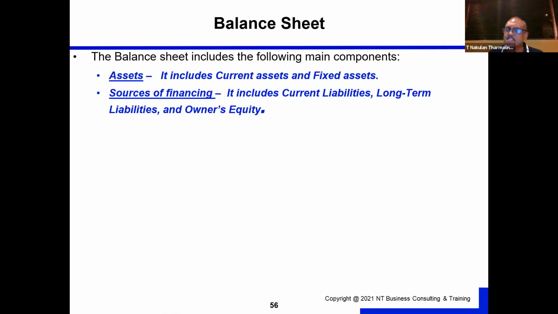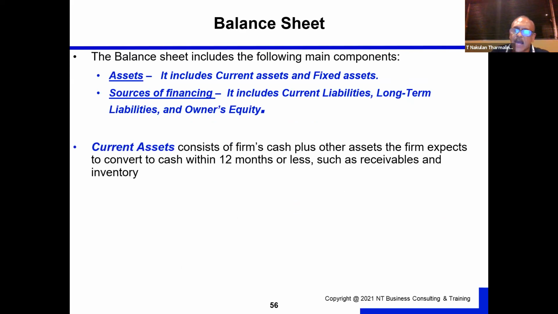So what are the assets you'll have in your balance sheet? Current assets and fixed assets. We'll be looking at what current assets and fixed assets are. And what are the sources of funding? Current liabilities, long-term liabilities, or owner's equity, which is your capital, right? So assets are being funded by these three items, which are liabilities, long-term or short-term, which is current liabilities, and